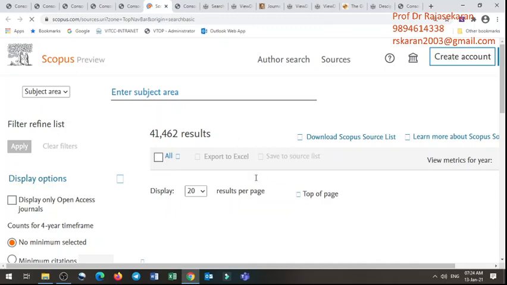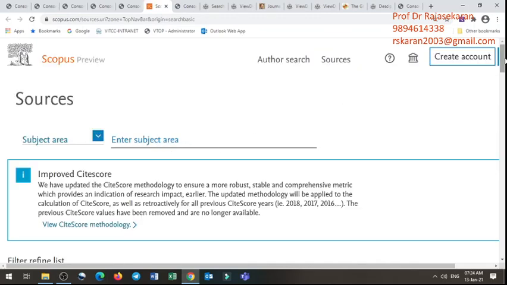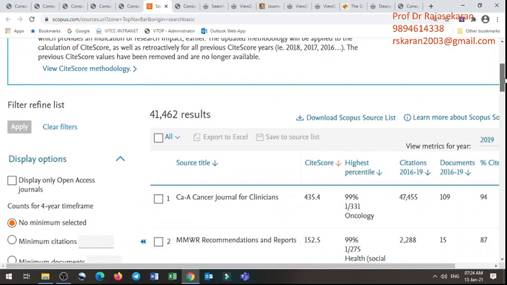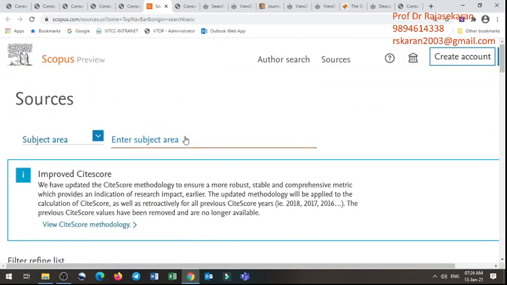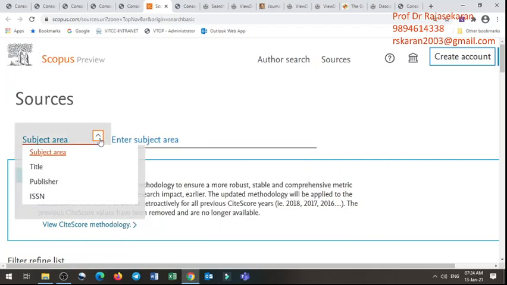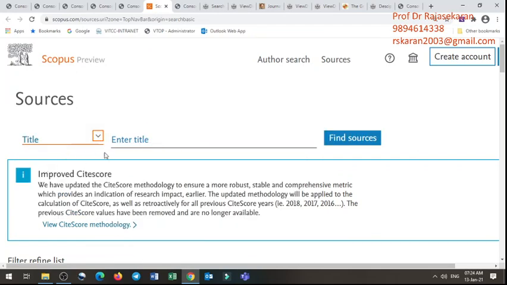Yeah, here the entire list is coming, 100% of the entire things are coming with the entire title of the journal. Now we will go to the subject area. Okay, title, same thing, I am trying English.